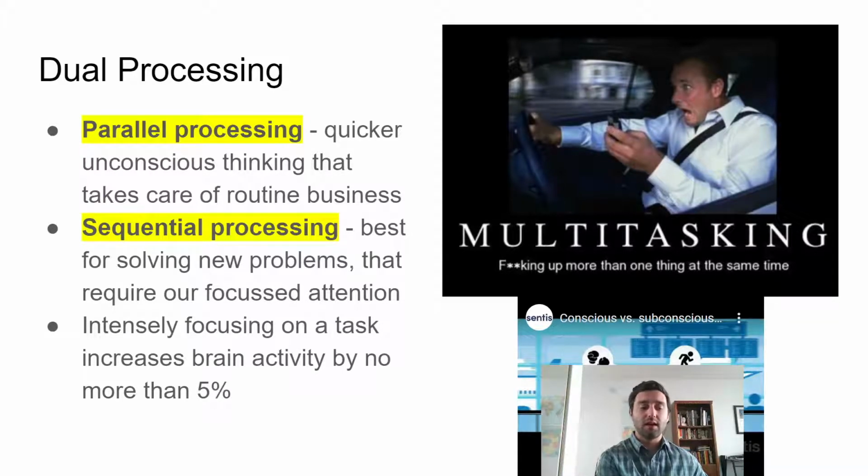Now, over time, some of that might become more like parallel. A good example is multiplication tables, right? When you're younger, a lot of us have to memorize multiplication tables, and you probably did those timed tests where you're trying to do all the multiplication tables or division tables as fast as you can, right? And after you've done it so many times, it can kind of move into that parallel processing piece, where it doesn't necessarily take a ton of conscious effort. Once you've memorized that 5 times 5 is 25, you just know it every time. You don't have to actively think about it because it's not a new problem. So we can move processes over into that more parallel area, okay?